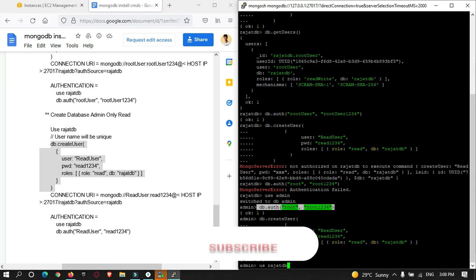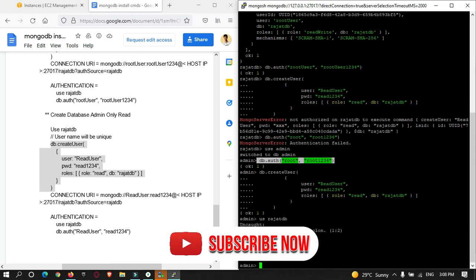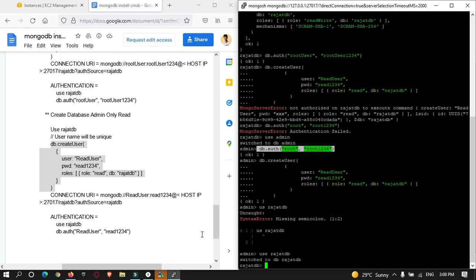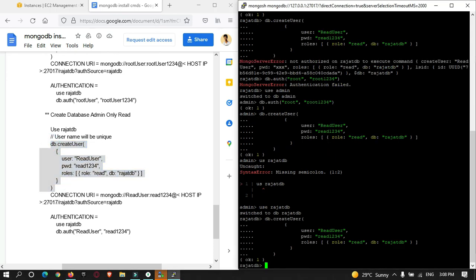Okay, so I'm just making some mistakes, sorry. Enter. Okay, and now let me run the create user query again, copy and paste it over here. So you can see read user has been created for this database.